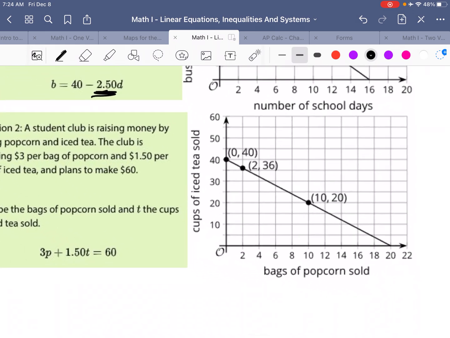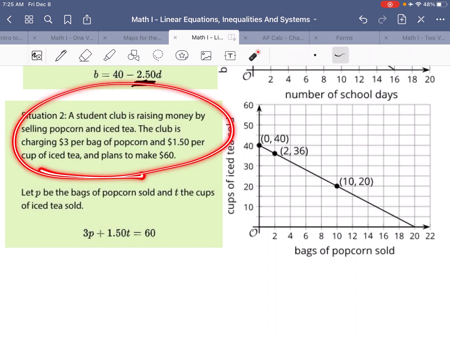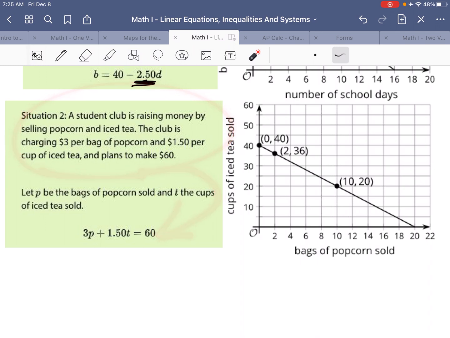Now this second scenario, situation 2, is a little bit different. A student club is raising money by selling popcorn and iced tea. The club is charging $3 per bag of popcorn and $1.50 per cup of iced tea and plans to make $60. The way that this is written naturally leads us to write something in standard form,